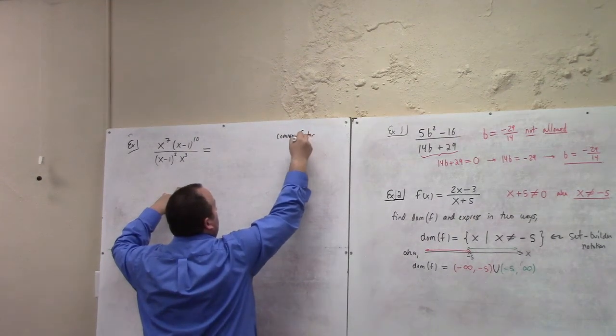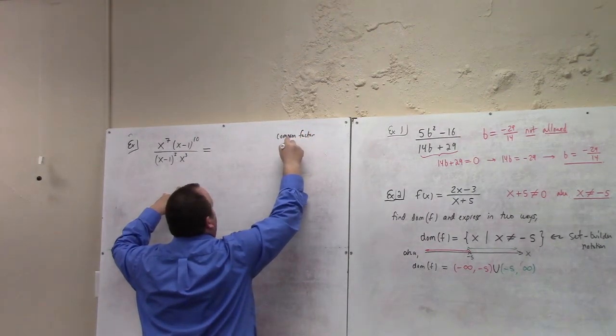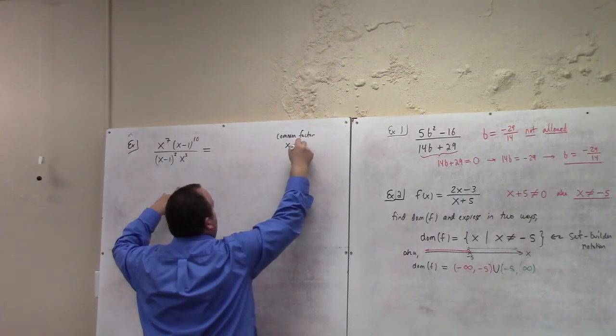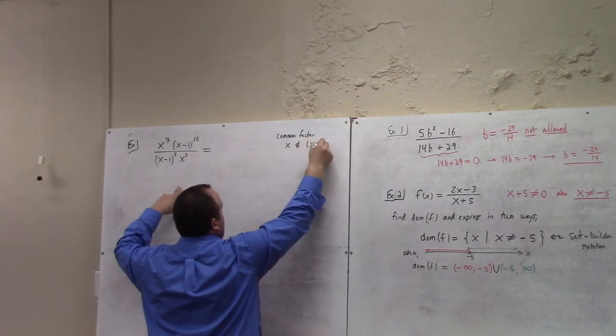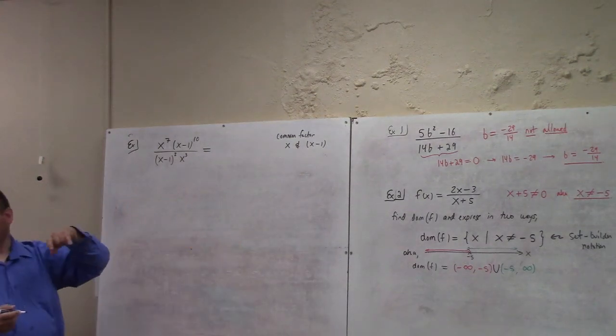Say again, Maya? You say x and what else? Yeah, x and x minus 1, right? But yeah, the one, so